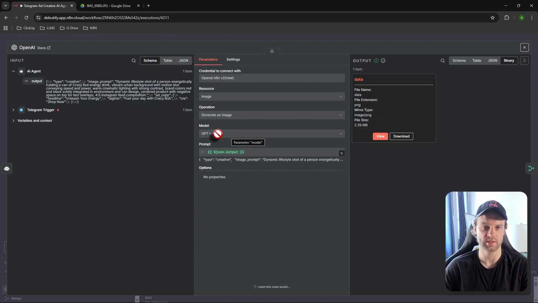Okay, you don't want to be using DALL-E or DALL-E 3 because it's going to generate those cartoonish or anime looking pictures, which might be good. But again, GPT image 1, definitely make sure that's the right one chosen here. If you download this workflow, it's going to be there by default. But if you're playing around with the workflow and you see something like DALL-E 3, don't go with that. It's just going to be really cartoonish